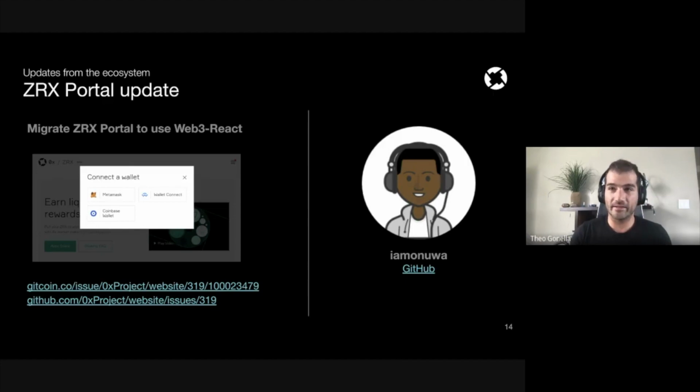And lately, since Trust Wallet on iOS removed the in-browser connection, or in-browser experience, and we didn't have Wallet Connect on ZRX Portal, a lot of Trust users on iOS were basically left with no choice, or they had to transfer the private keys to another wallet to do operations on top of ZRX Portal. So we opened up this Gitcoin bounty, we assigned it to Isaac,